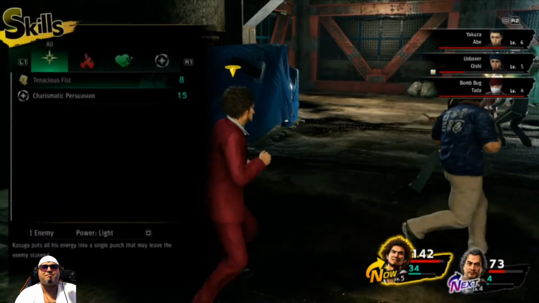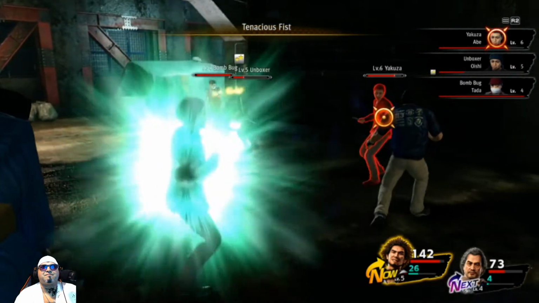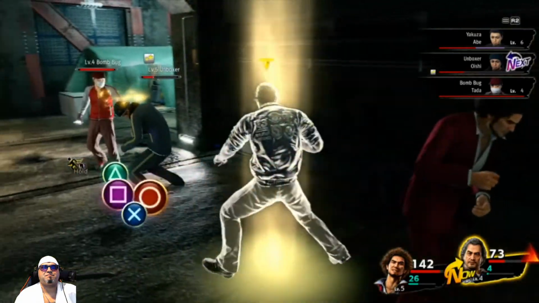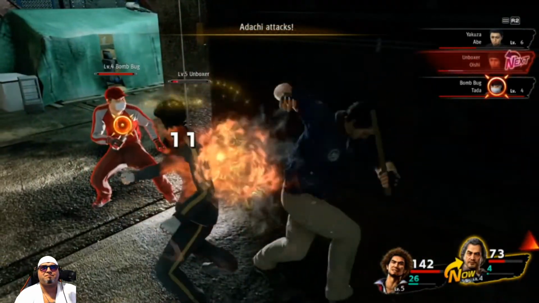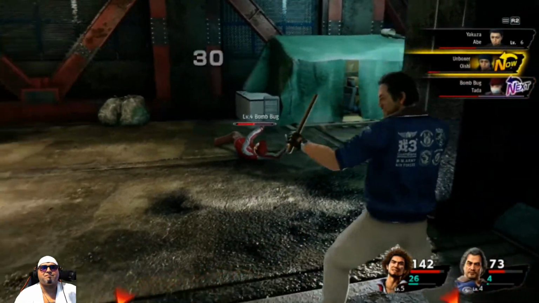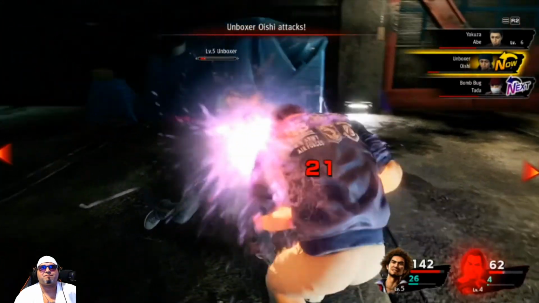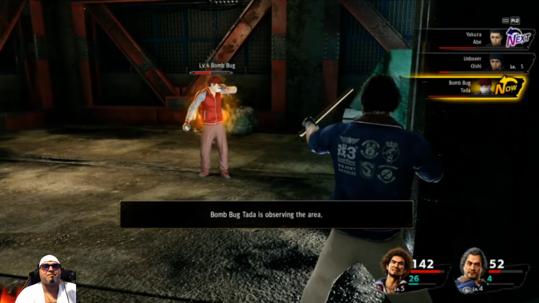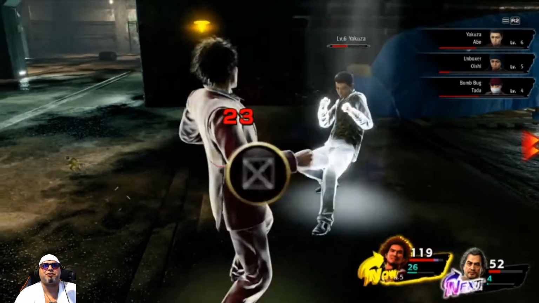I tried. Come on now. Check this out. Don't get caught. I'm up. That was a big hit. Observing the area. What does the observing the area mean?